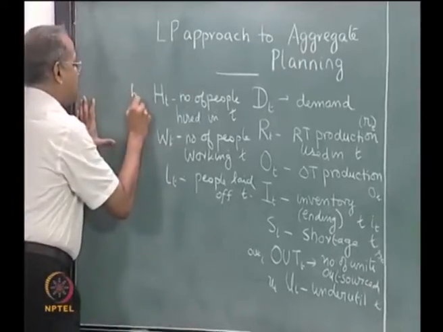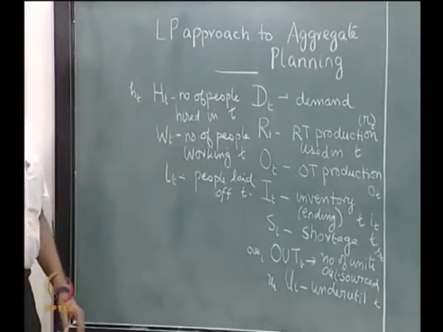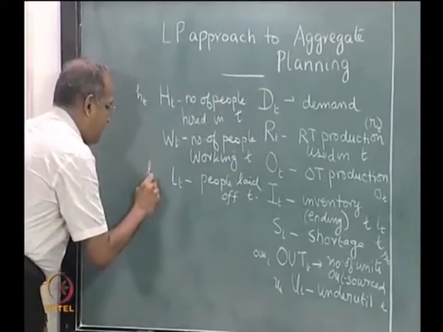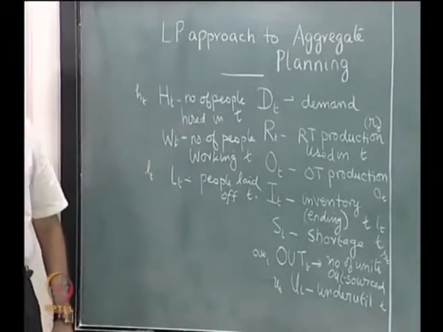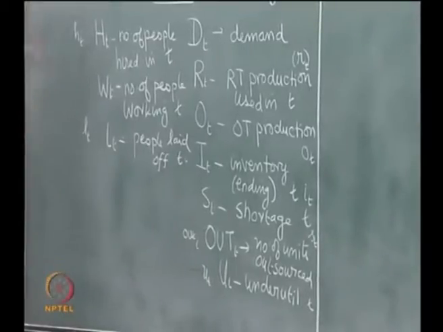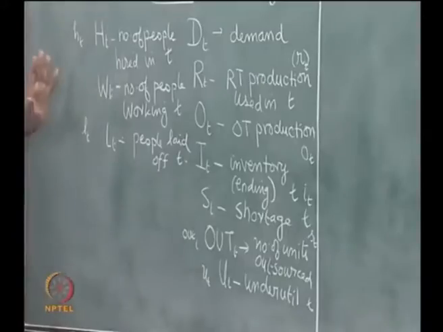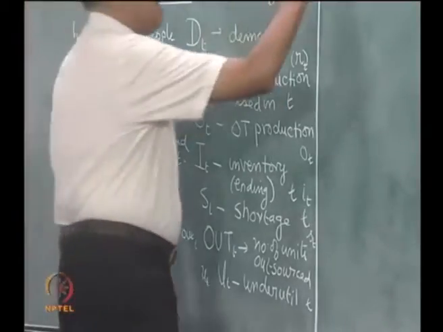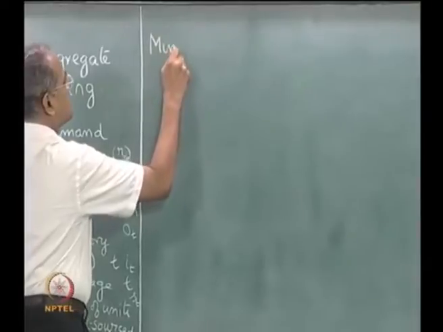Let small ht be the cost of hiring people in period T. Let small lt be the cost of laying off people in period T. Now, if we define these costs, right now I am not defining small w, but I am defining the rest of the costs. The objective function, or the minimization function, will be to minimize